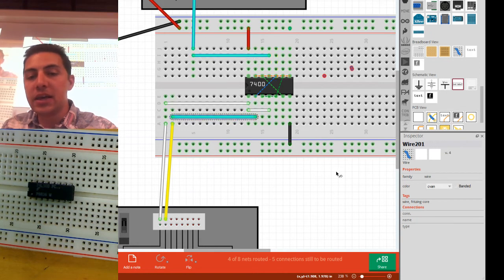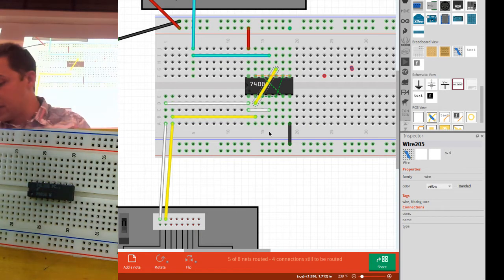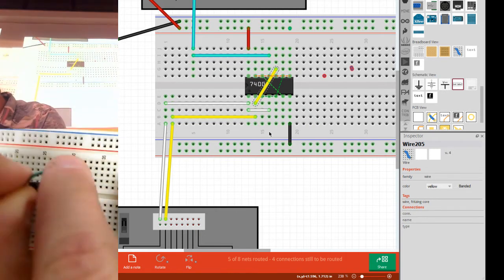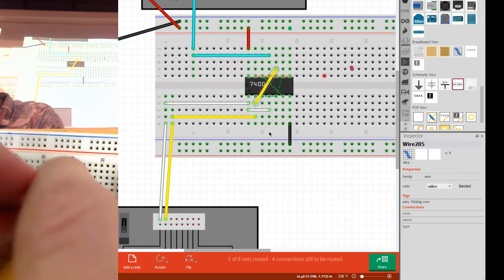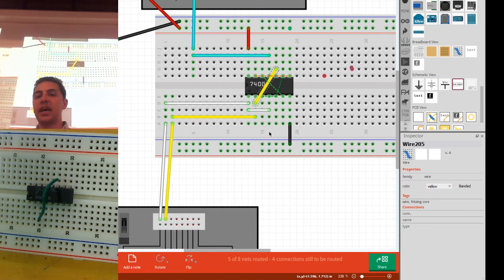Y should be yellow, so I'll make it yellow. Where else does Y have to go? It has to go all the way over here. Now, there is nothing stopping me from doing that. And then if you look on the live demo here, there's nothing saying I couldn't do this. Connect it right like that. It's connected. It is electrically sound. From a prototyping standpoint, it is a problem because you have now locked your chip in